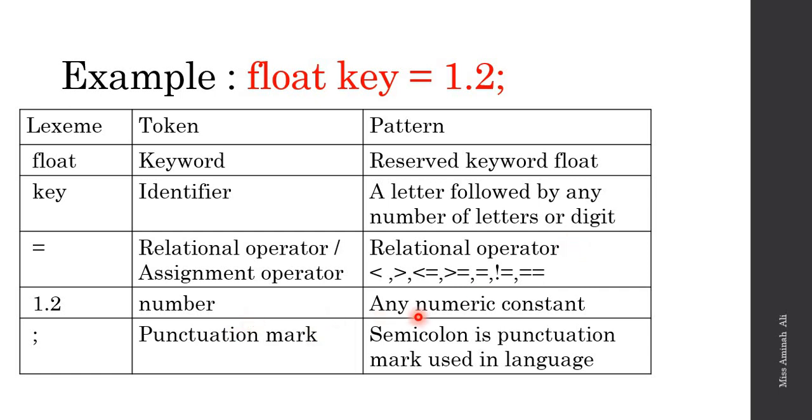Now 1.2 is a number, so any numeric constant is allowed in the language, so that is why we know that it is a number. And semicolon is a punctuation mark used in the language, and it has certain meaning, that termination. So we know that there are certain meanings of these things too, and these are actually used. This all is actually present in the description of the language. So हमें इतना मसला नहीं होता, हमें पता चल जाता है ये सारी चीज़ें किस तरह कहाँ पे इस्तेमाल हो रही हैं। और आई होप अब आप लोगों को भी बहुत सारी चीज़ें क्लियर हो रही होंगी।